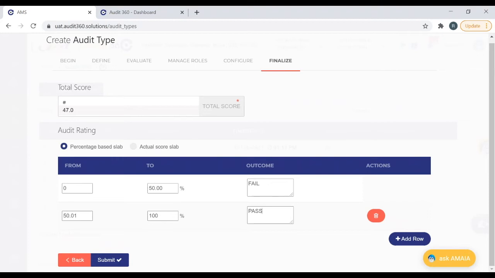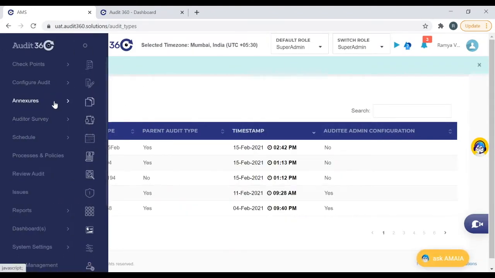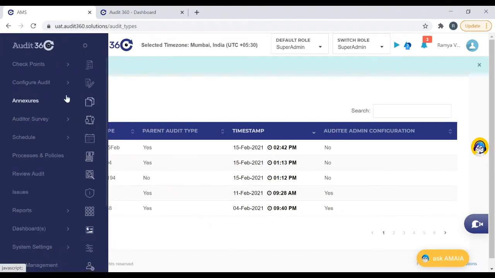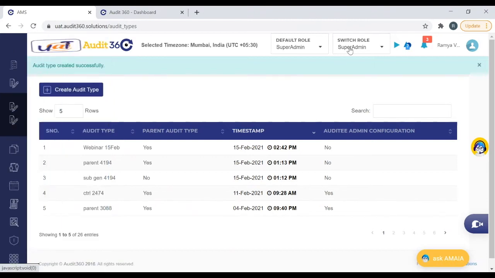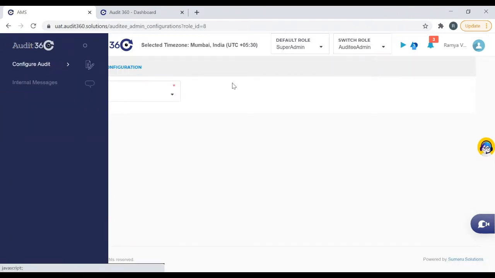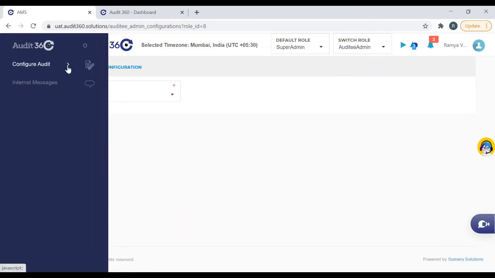Now I've done with the configuration, but the auditee side configuration needs to be done by the auditee admin, because I have already had this user role added to me. The configure audit shows both modules. Otherwise, if I choose only auditee admin, I will have only the configure module. So any user who has only auditee admin assigned, with the respective role, would have this configure audit screen available. If it is only auditee admin, they'll have only 2 modules, which show configure audit and internal audit.